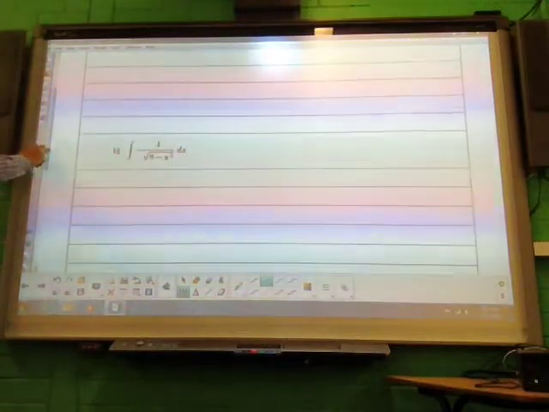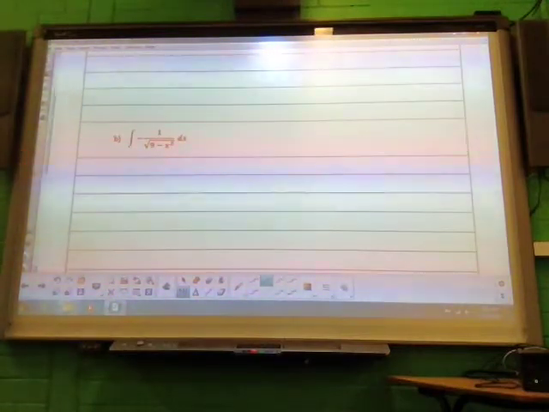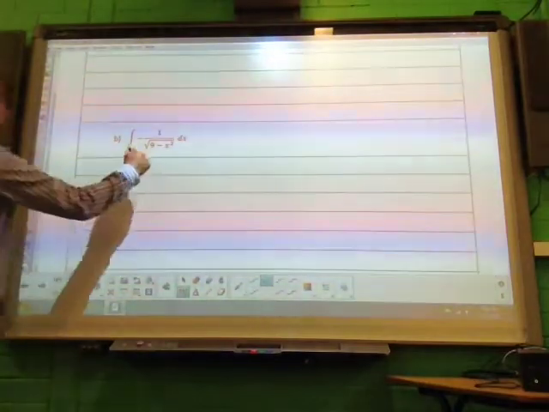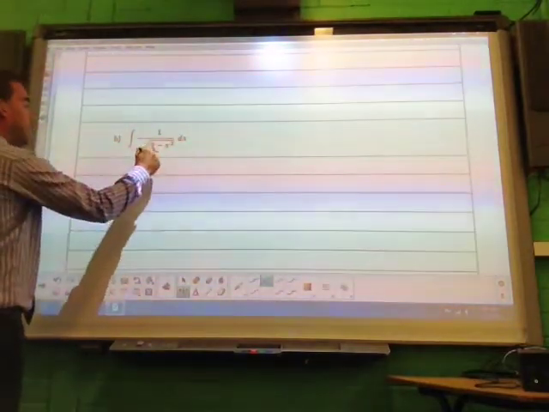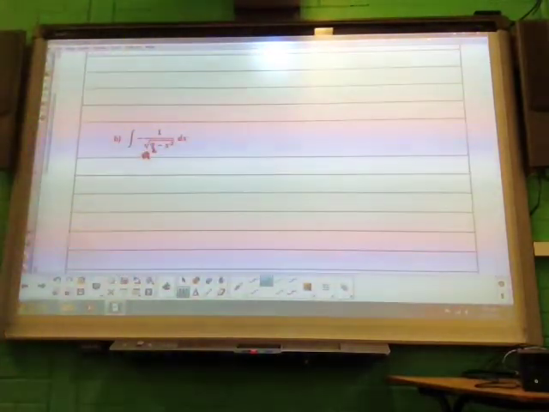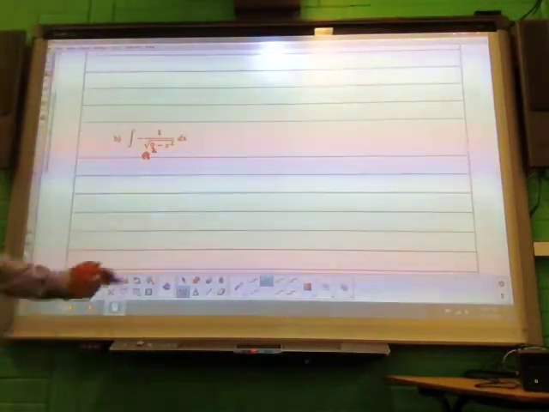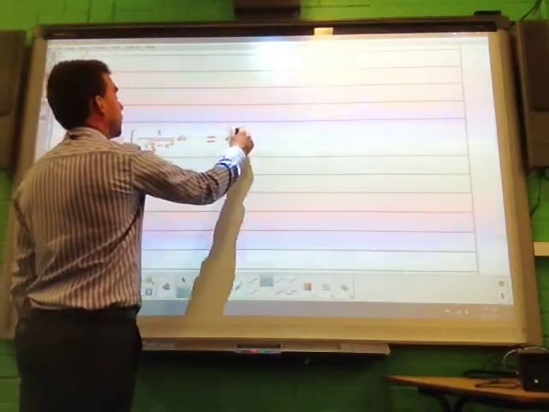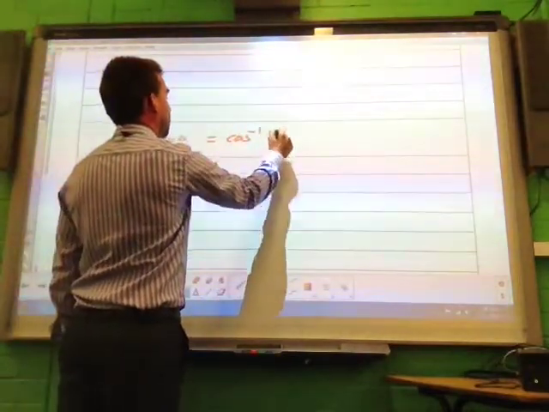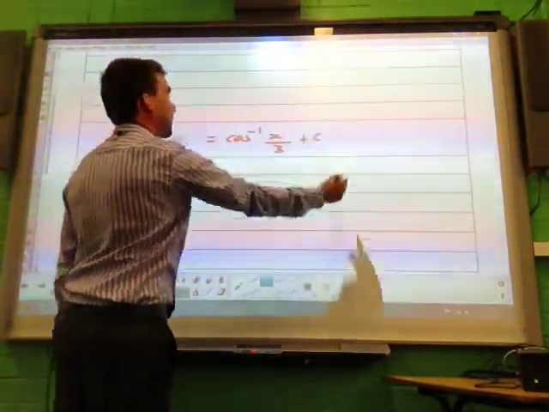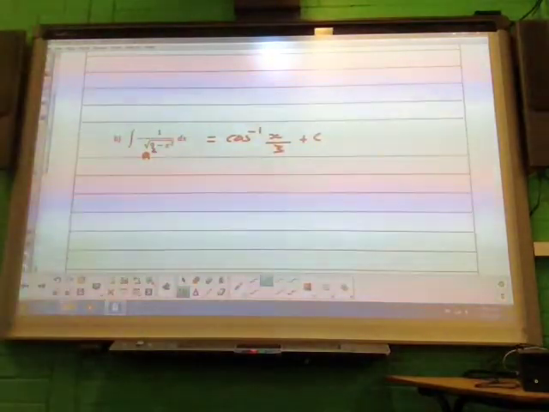Right, second one. So negative 1 over root 9 take away x squared. So again, it's root a squared take away x squared dx. So the negative is cos. Okay, so there are 2 options you can write. So cos inverse of x over 3 plus your constant of integration, or